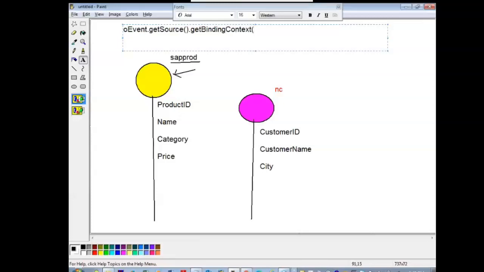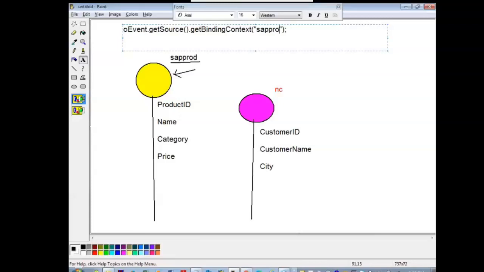Of, I'm just writing the color. Color means if it is SAP products, you just use SAP PROD, not yellow. Just use SAP PROD. Okay, I can reach till that context.